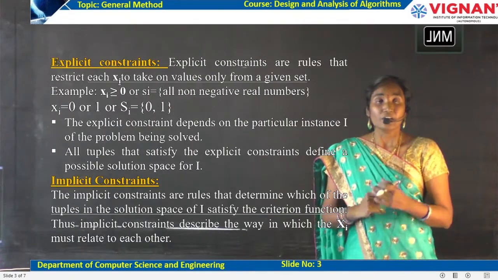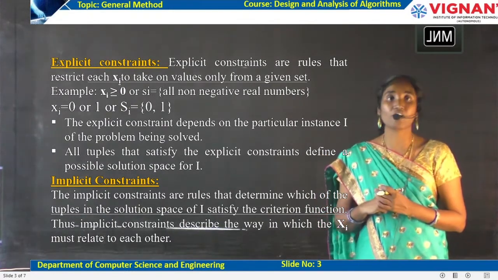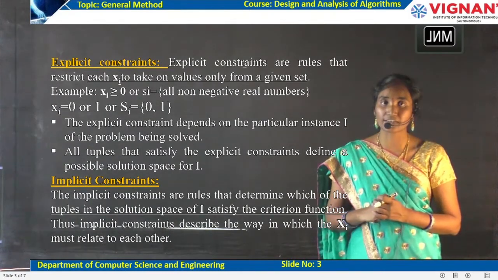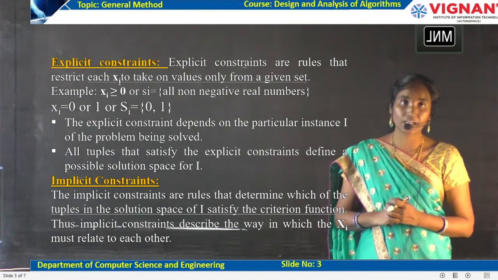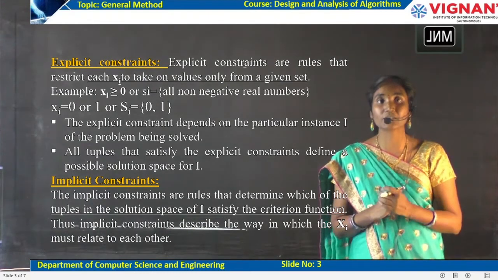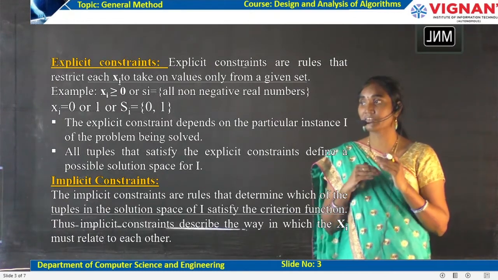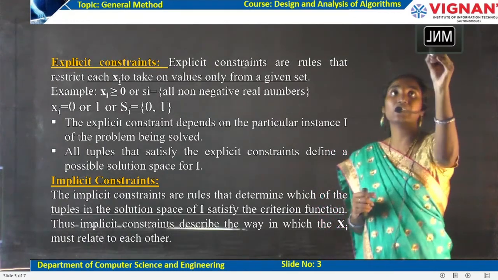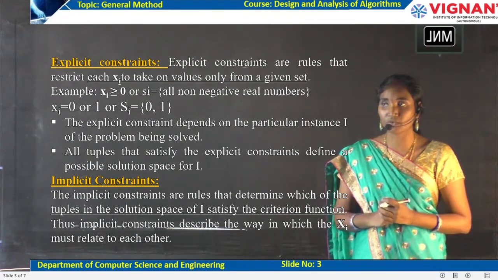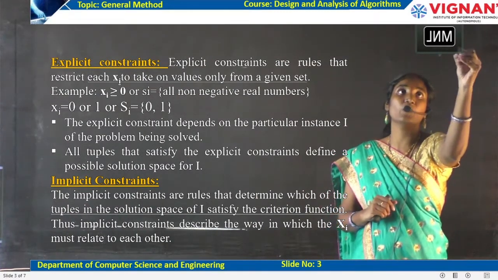Now, while solving any problem using backtracking, there are certain constraints or rules to be followed. There are two types of constraints. The first one is explicit constraints and the other one is implicit constraints. Now explicit constraints. What is meant by explicit? Explicit means the rules which are applied externally, the rules that restrict each xi to take on values only from the given set. Suppose xi is equal to either 0 or